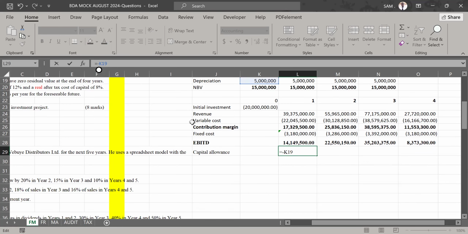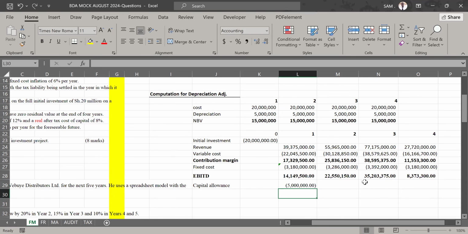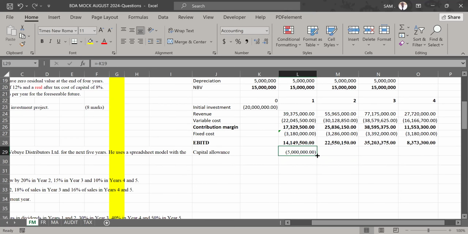So now we refer to our depreciation, and I'm bringing it here as a negative because we are deducting it from our element of profit before we charge tax. So I will do that. Then I drag to year number 4 like that. It is constant 5,000. So let us less it and get our earnings